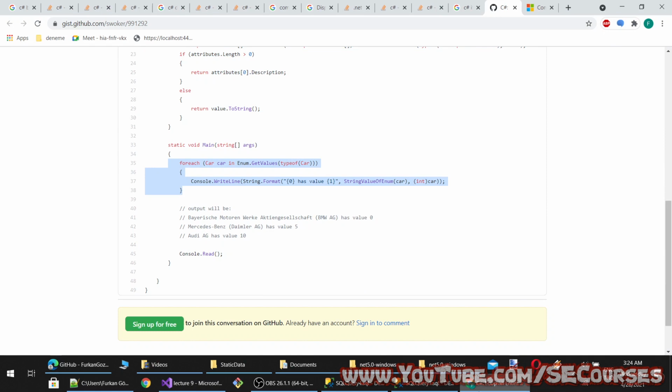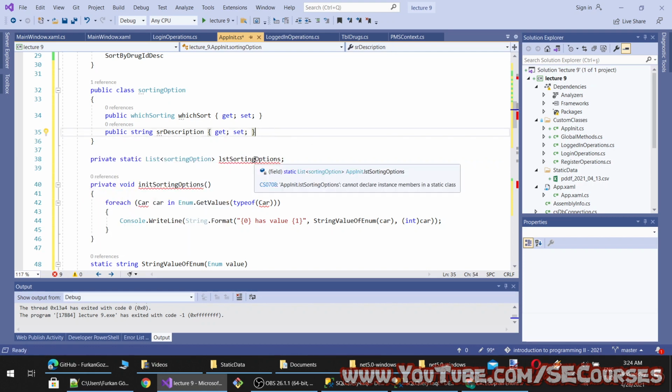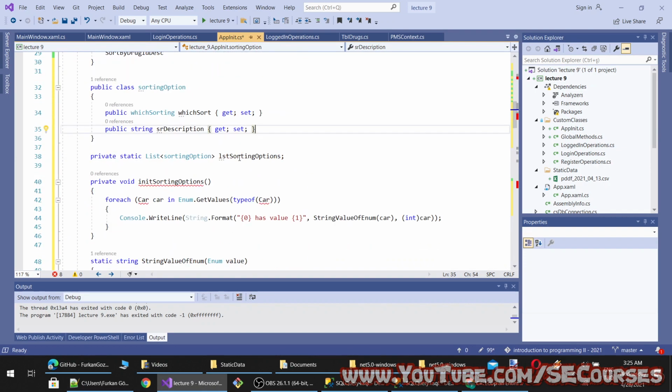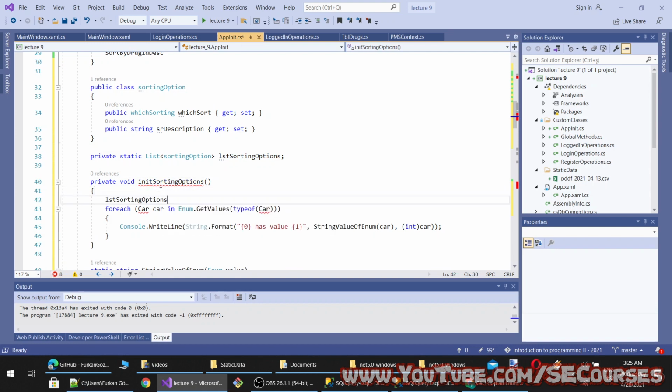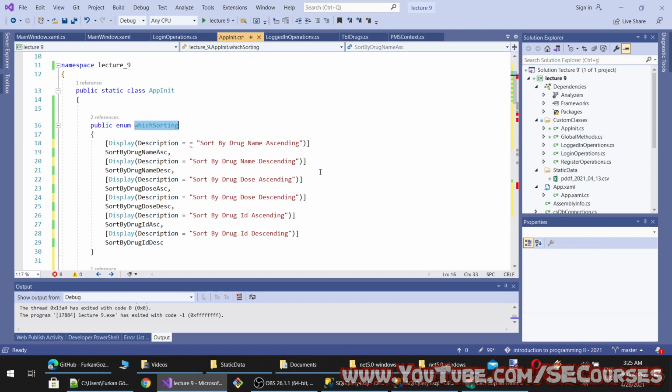And here we are going to have a foreach. First, this will be public static or private static, doesn't matter. And we will initialize it like this. Then we will sort this.